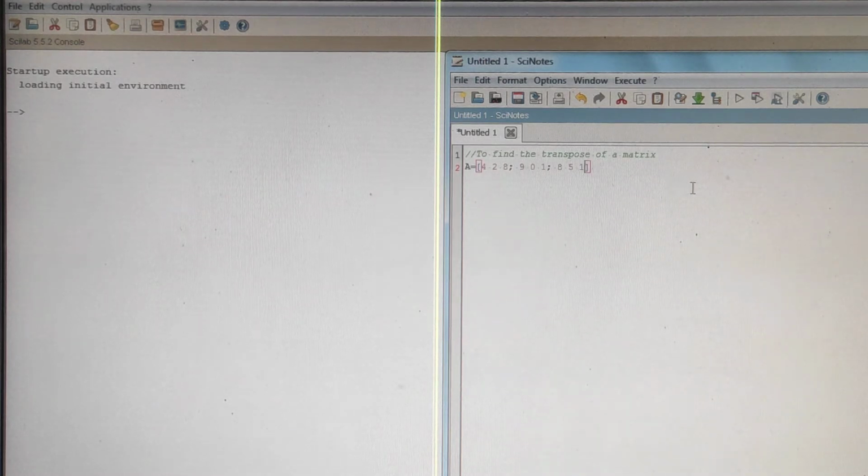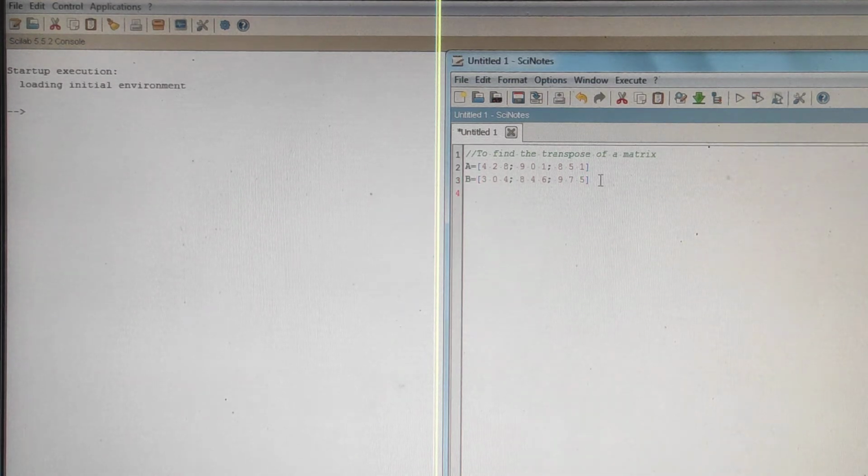This is matrix A, and I am taking another matrix B. B is equal to, put a square bracket, then 3 space 0 space 4, then semicolon. B also I am taking a 3 by 3 matrix, then 8, 4, 6. You should remember to put these spaces, then semicolon, then space, 9, 7, 5. So I have taken two matrices A and B.